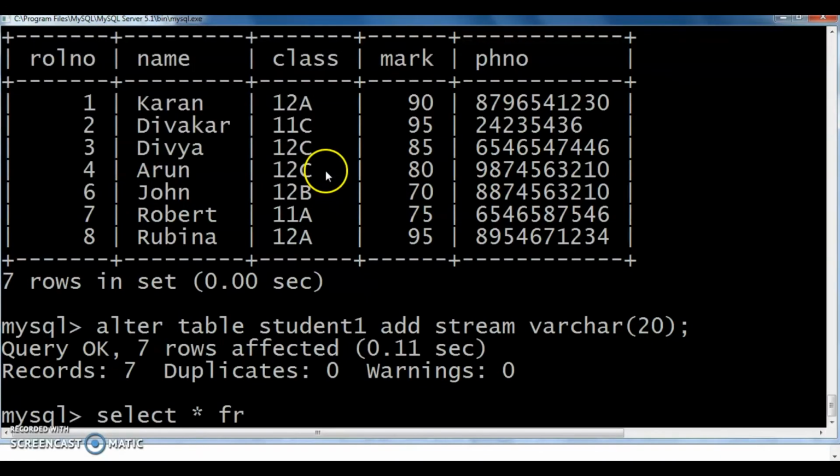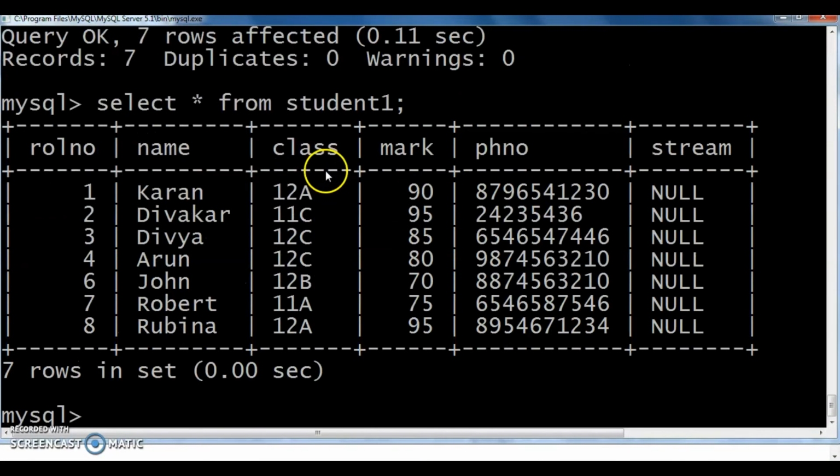Select star from student1. One more column we added to this table student1. Then by using this update query, we can enter the values into this stream field. Okay, clear?